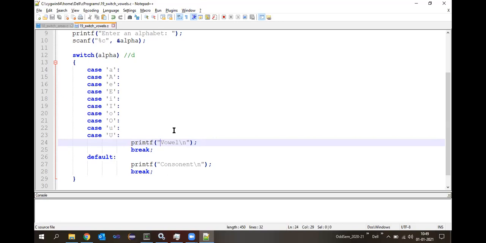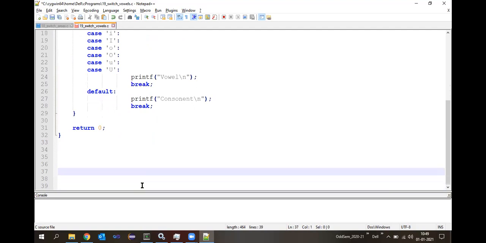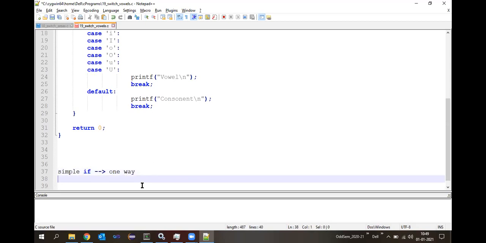Let us understand one more thing here. As I have explained earlier, the nested else if, let us once again go through the different control statements we have studied so far in branching. First one is a simple if, which is one-way branching. Then what about if else?